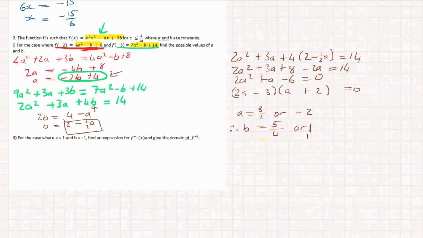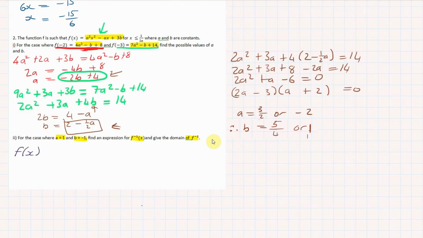Alright, so that leaves us with this last part of the question. For the case where a is equal to 1 and b is equal to negative 1, find the expression for the inverse and give the domain of the inverse. Okay, so what we're going to do here is we're going to write